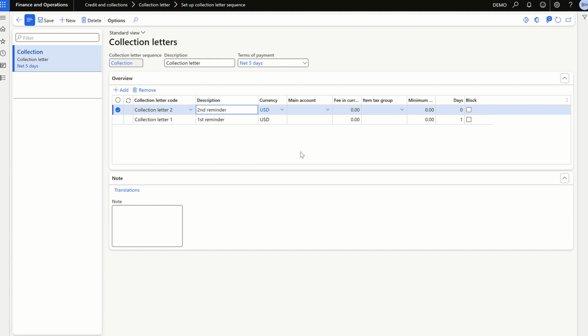So we have 3 additional fields: currency, main account, and the fee in currency. What this does is, when we generate a collection letter, in an ideal world, let's say you have a collection agent who does this on behalf of the client. So they would need to get paid a certain amount, right? So we include some commission from the customers since they have not made the payment on time. In that case, I can assign that amount here. For example, if I'm generating collection letter 2, I also need to add, let's say, 5 euros as the